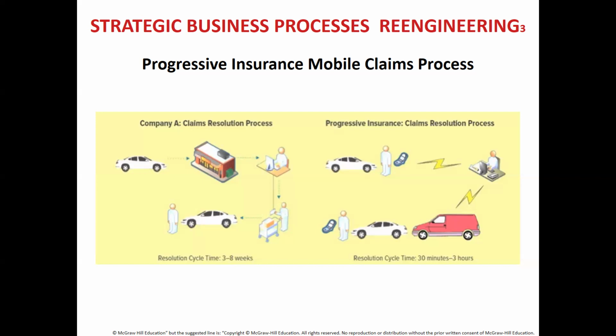Now, compare the old way of doing it and the new way of doing it. The old way used to take about 3 to 8 weeks. The new way of doing it takes about 2 or 3 hours, sometimes less, and sometimes, let's say, a maximum of 5 hours. But still, the downtime is quite low compared to the previous one. So this is a good example of business process reengineering, whereby manual things used to take a lot of time, and the automated elements of the business process take very little time.